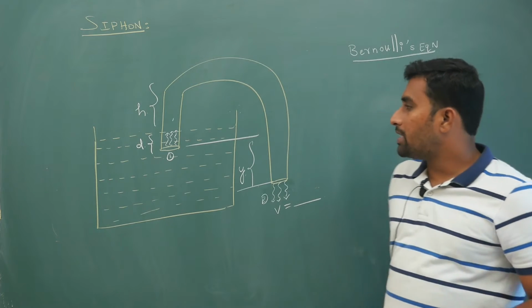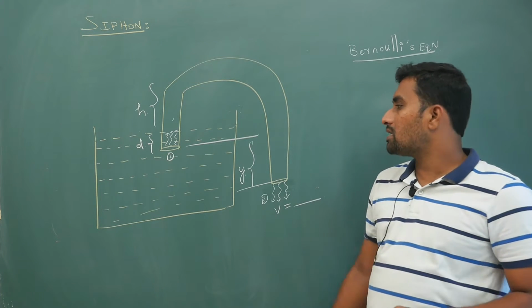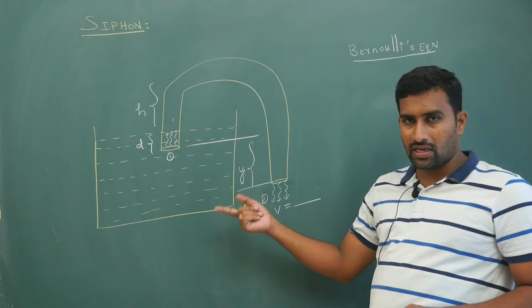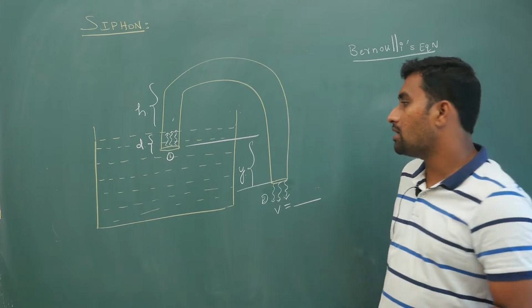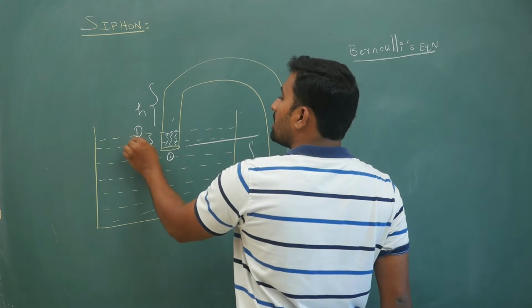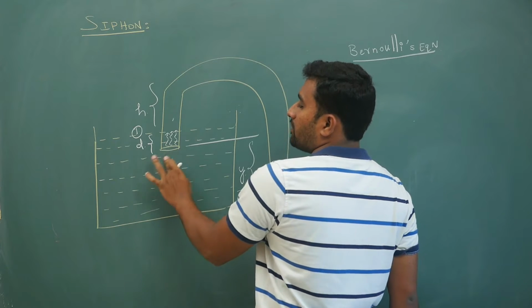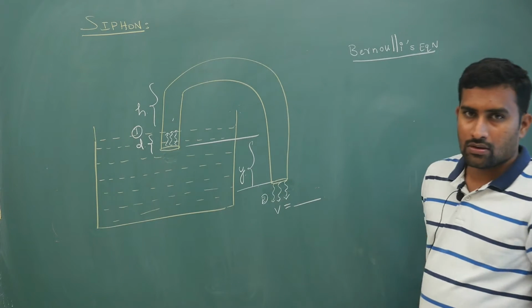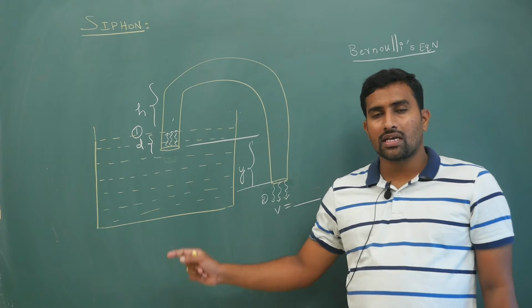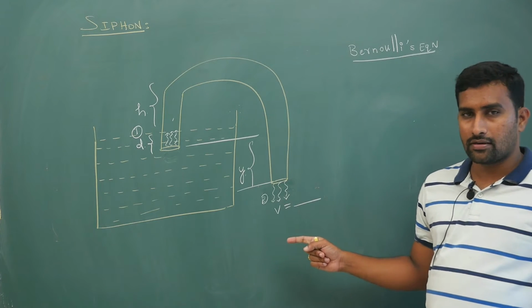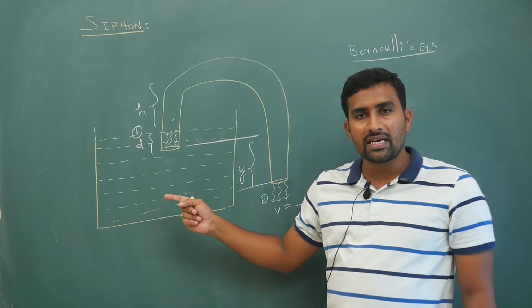You are not supposed to apply Bernoulli's equation between this point and this point. Why? I will tell you with the help of maths, don't worry. But your point 1 is not at the entrance of the tube, it is somewhere here. Why? Because if you consider this fluid to be an ideal fluid, now if you try to apply the equation of